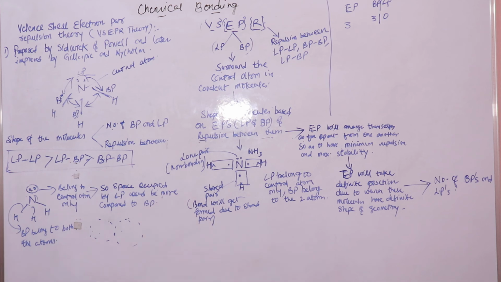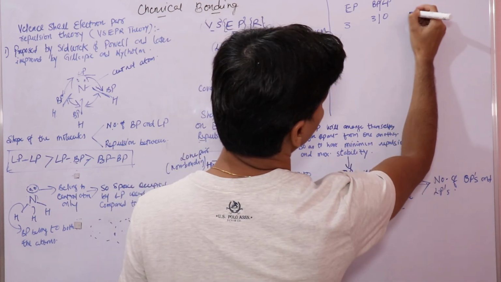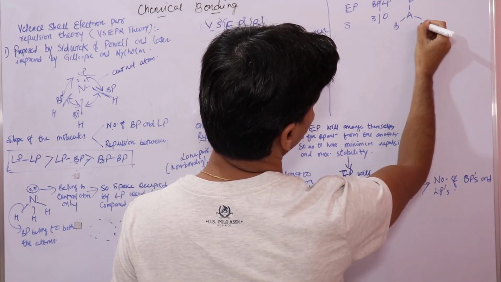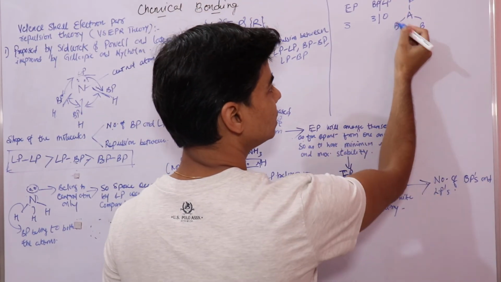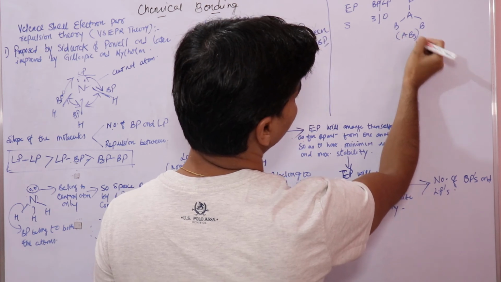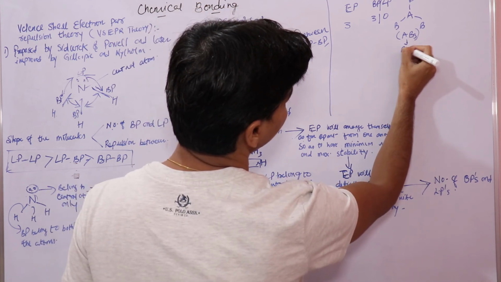So in this case, when there are no lone pairs and you just have bond pairs, it would be like this, right? 3 bond pairs, there are no lone pairs. You can see that these are 3 bonds. The molecule is of the type AB3, right? The shape taken by a molecule that has 3 bond pairs is triangular planar, right? An example of this molecule is BF3,